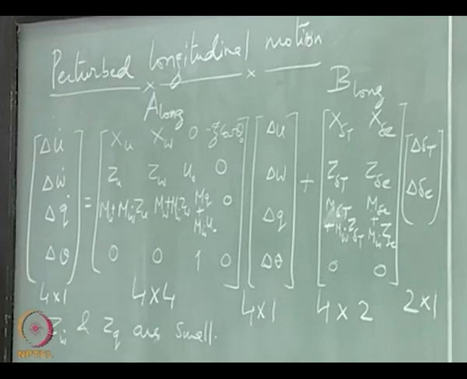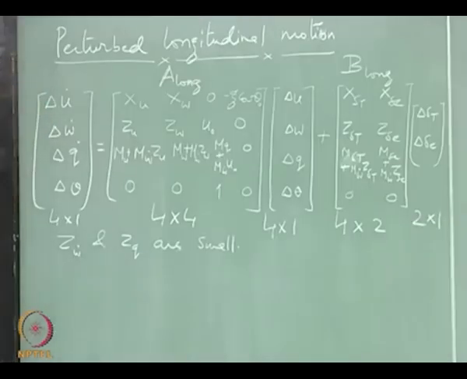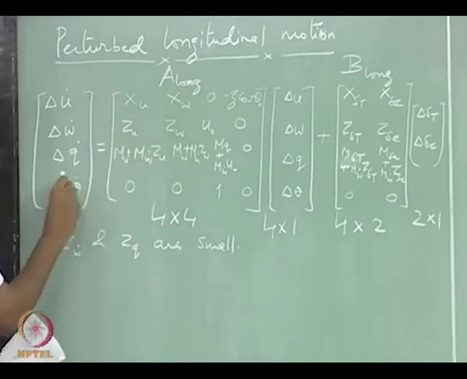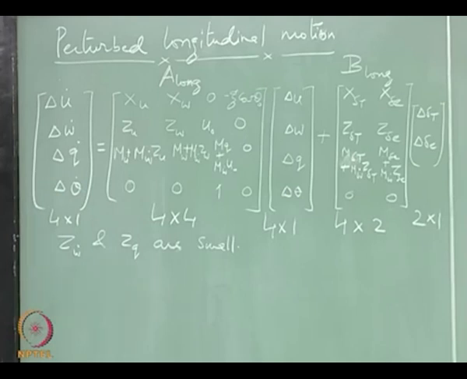Right, and my interest is to find out how these perturbed variables are going to change in time, starting from an initial condition. The initial conditions could include the effect coming from the gust or the perturbation, and that perturbation could be in one of these variables or in all the variables, isn't it. Okay, so I have this